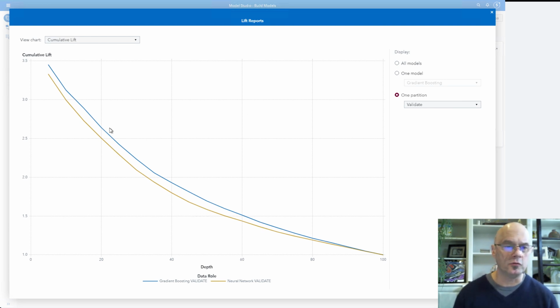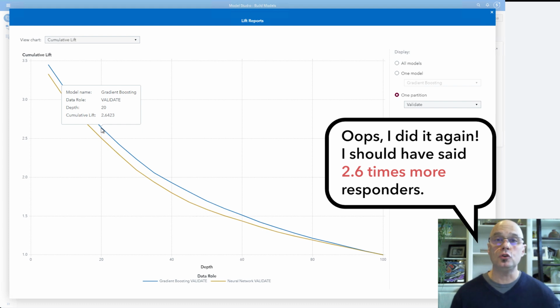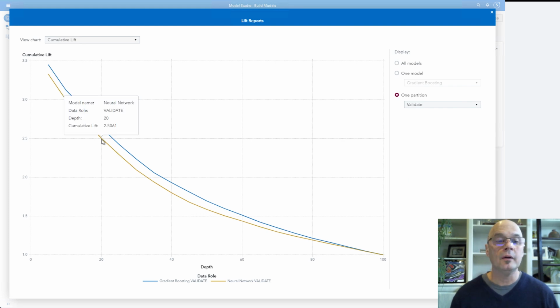If I look at a depth of 20%, remember the gradient boosting model had a cumulative lift of 2.6. That means I'm getting 2.6 times more responders compared to the naive model, whereas the neural network has a cumulative lift of only 2.5. I'm getting 2.5 times more responders from the neural network compared to the naive model. Clearly, comparing the 2 models, I'd want to use the gradient boosting model moving forward into production.